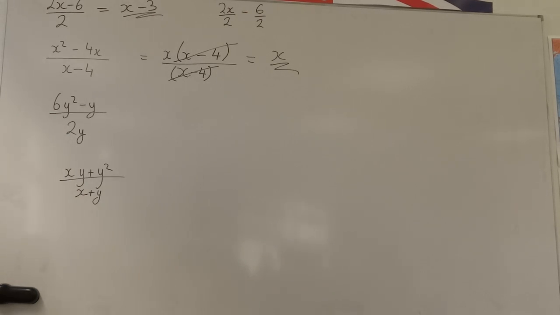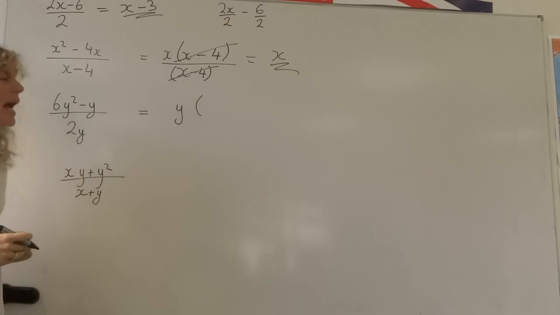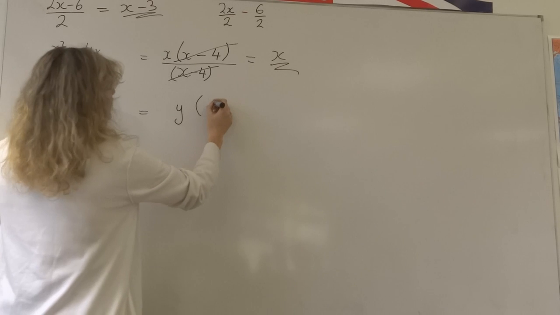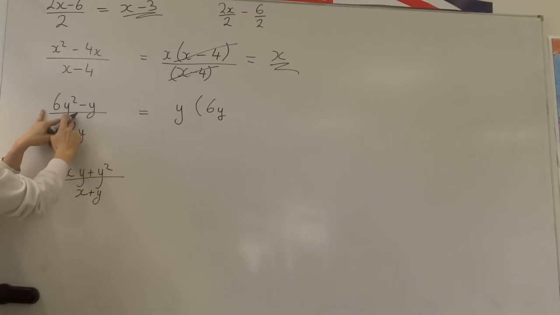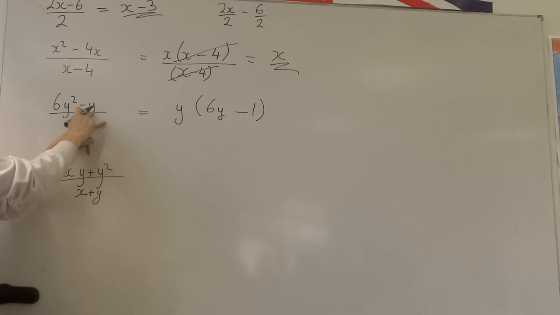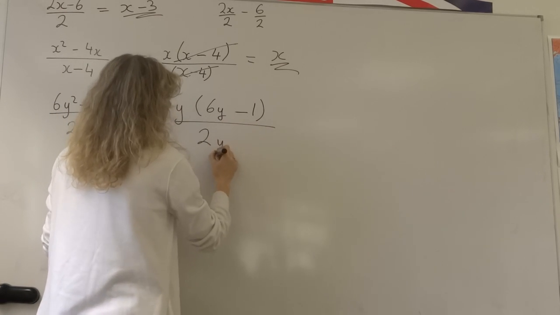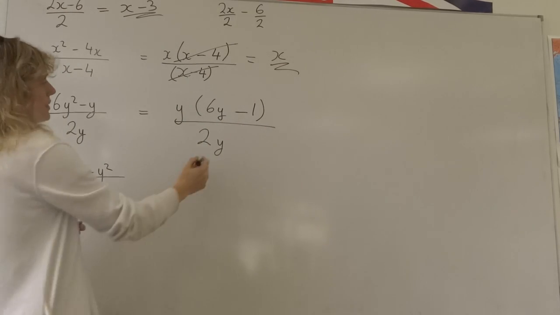Then we have 6y squared minus y. Well, we've only got one y here and we've got 2y on the bottom. So we can't make it as simple as we would like, but we could factorize y out here. If we took y out the front, then we'd multiply y by 6y to get 6y squared, and we'd multiply y by minus 1 to get back to minus y, divided by 2y. My y's now cancel,